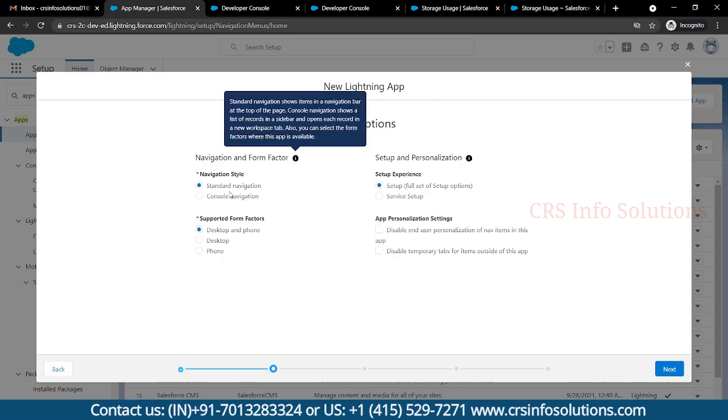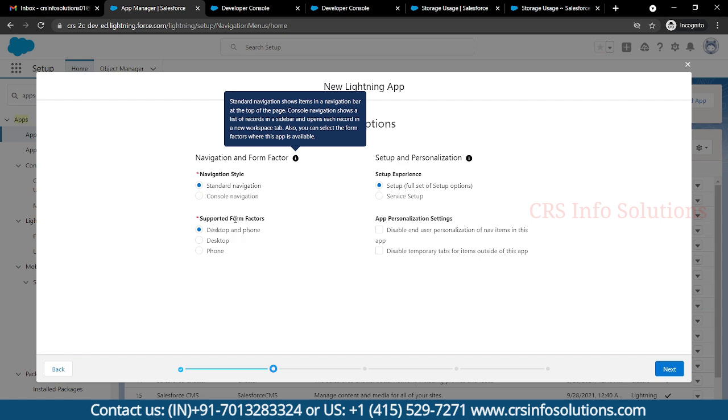Here there are two types of navigation. One is standard navigation and one is custom navigation. And here you can see setup and service setup. Service setup is something different, for console applications. We can talk about service setup and navigation later. So right now we are going to select the standard navigation, and this is just a setup.